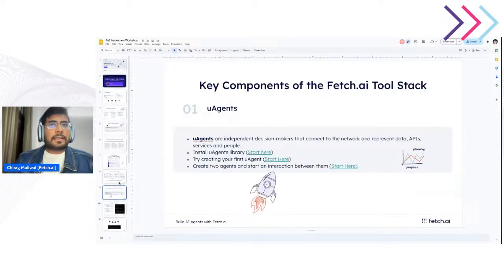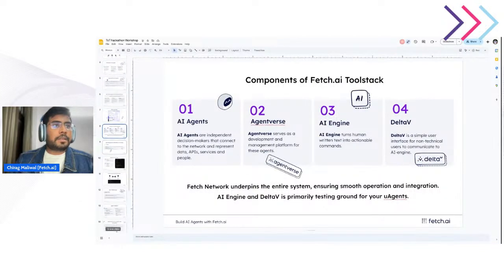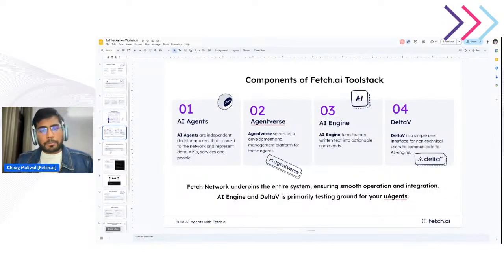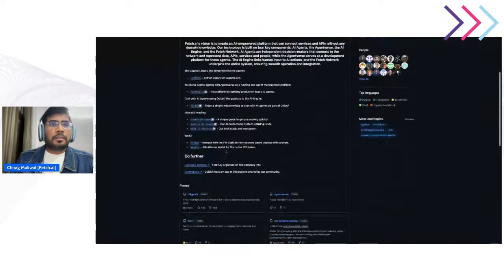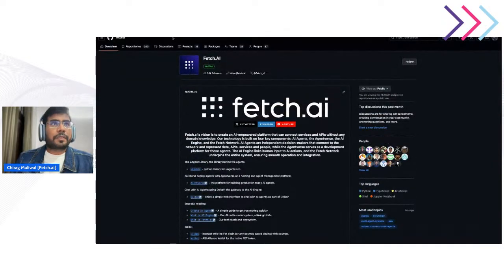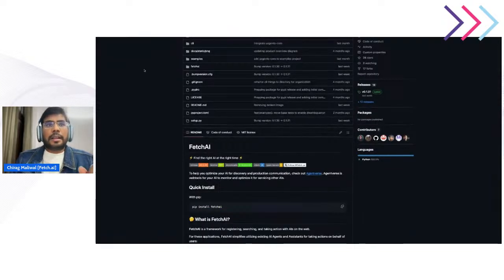Then one more component of this Fetch.ai tool stack is the Fetch.ai SDK. We will quickly go to fetchai/fetchai. It doesn't matter which tool, framework, or library you are using.